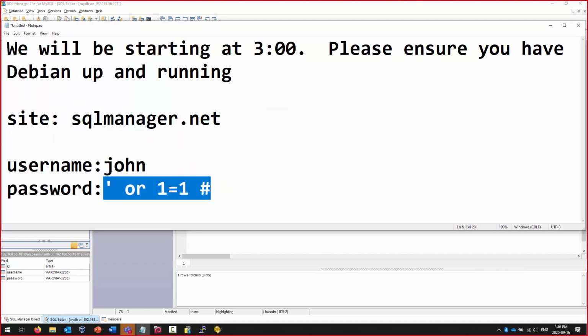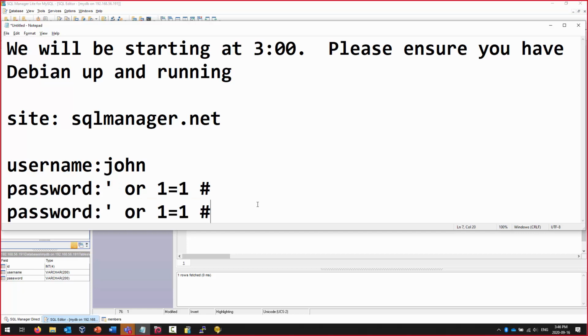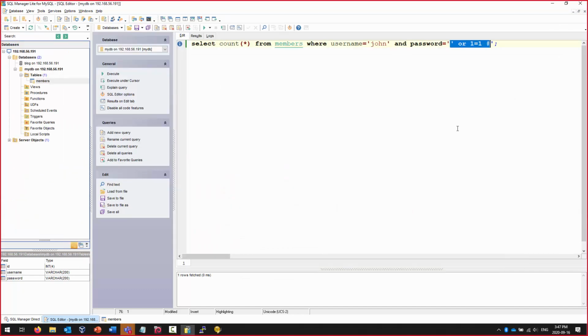This block of text right here, either one of these, is SQL Injection 101. This is creating a standard SQL injection. Because now, when we run this,